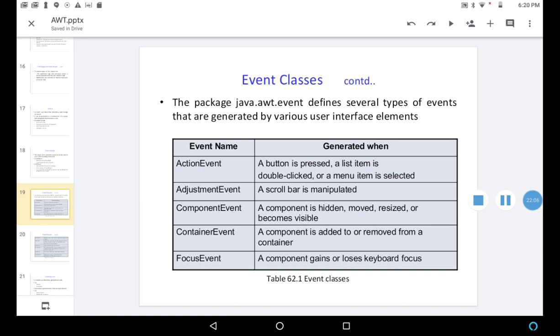That component event is generated when a component is hidden, moved, resized, or becomes visible. ContainerEvent: it is generated when a component is added to or removed from a container. FocusEvent: a component gains or loses keyboard focus. So these events are generated when these things happen.